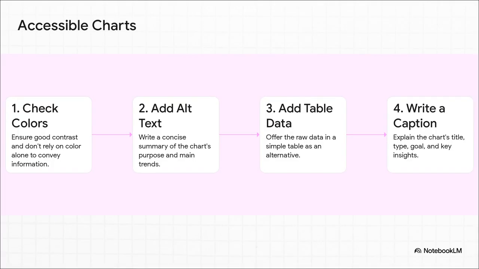So how do we actually do this? Here are 4 concrete steps. 1. Use color thoughtfully. Make sure there's good contrast and use patterns or direct labels so that color isn't the only way you're conveying information. 2. Provide alt text. That's a short written description of the chart's takeaway for screen readers. 3. Include the raw data in a simple table nearby. This gives people another way to access the info. And 4. Write a really clear caption that explains the chart's title, what kind of chart it is, and what